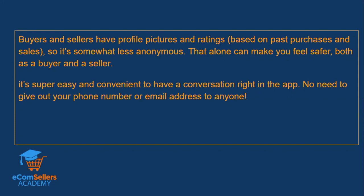You still have to use your common sense. You still have to be super prudent when you're going out and aware of your surroundings, making sure that you're not carrying a wad of cash and that sort of thing, and meeting in well-lit places. But overall, I've used each of these apps, and for the most part, I've always felt safe